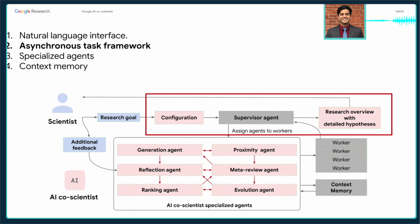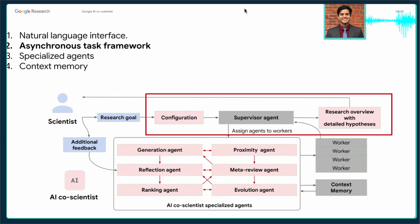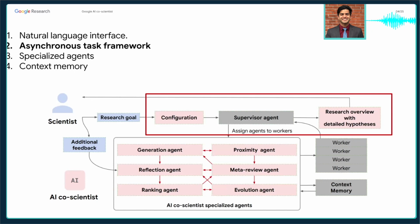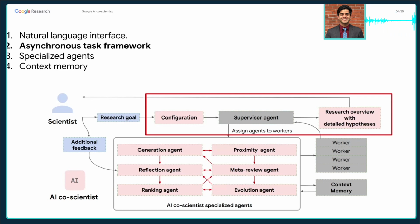For the lower ranked hypotheses, it might just do a very simple zero-shot review. And similarly, it is also controlling which hypotheses to compare. So, the top ranked hypotheses we may want to compare more to get a better signal for that ELO, whereas the lower ranked hypotheses, which have already been looked at, don't need to be considered as much. And so it's controlling basically which agent to call with what focus at what time,